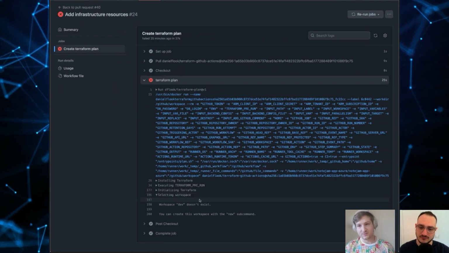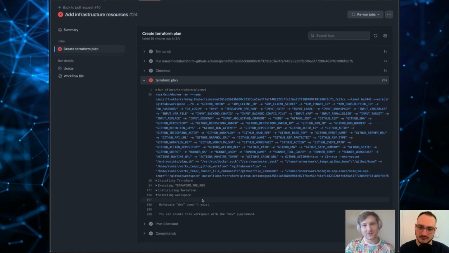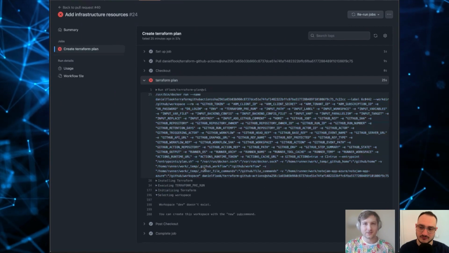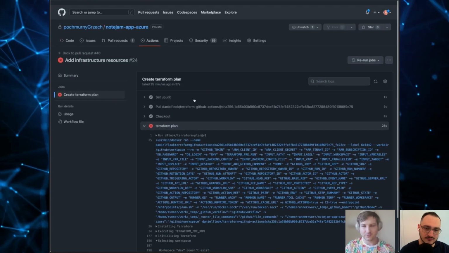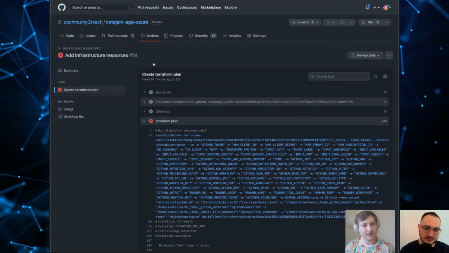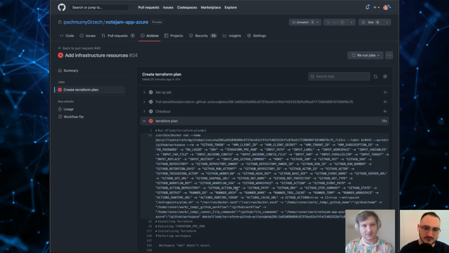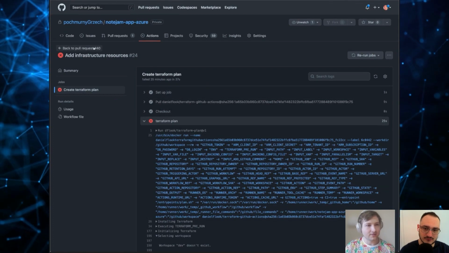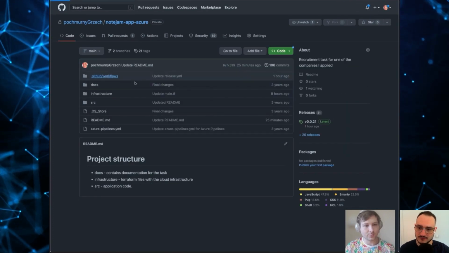I removed the workspace before to show you a nice option for how you can retry generating your plan if something fails. So let me create the workspace for you on my terminal,